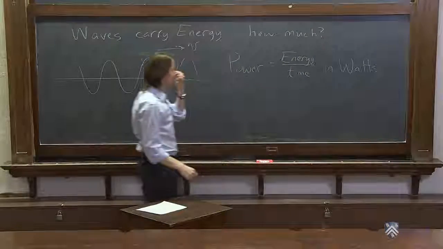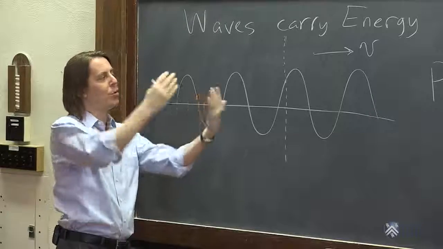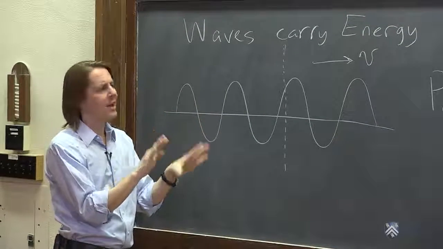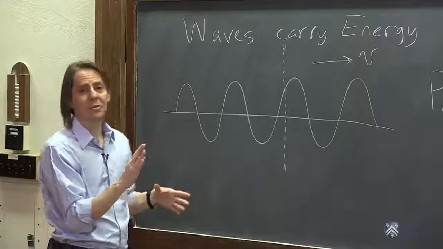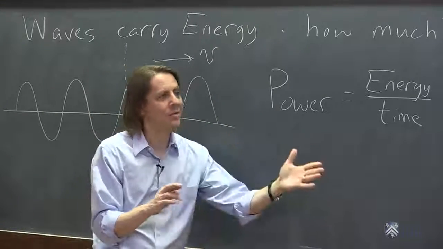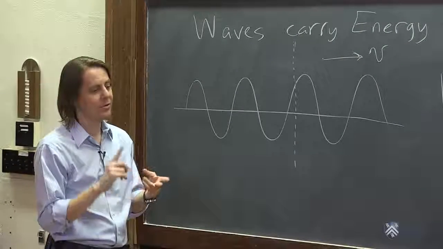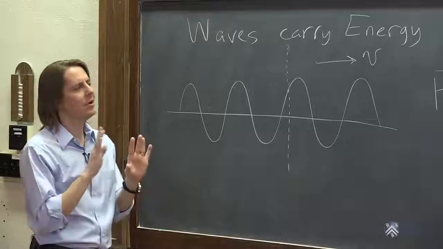Now, for a lot of waves, there's also going to be an area involved. It might be the power per unit area. But here we're going to be general and not worry about the area, because I haven't even told you what kind of wave we're talking about yet. The power that flows by due to a wave depends completely on what kind of wave it is. Is it a string? Is it sound? Is it light? Is it water waves? What is it? So we're not going to get into all those formulas.